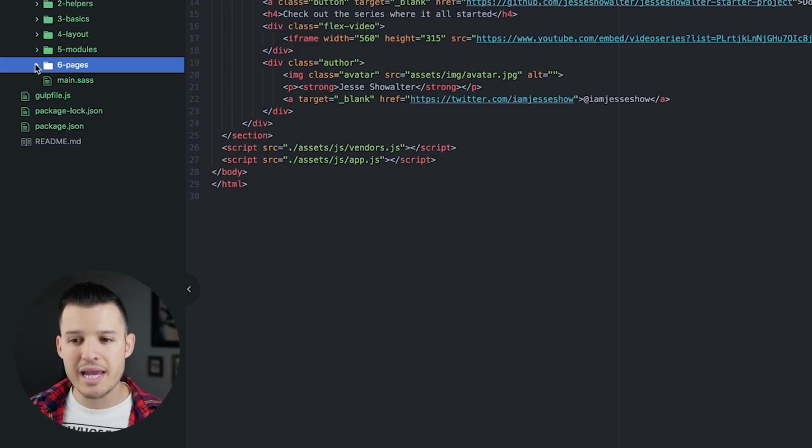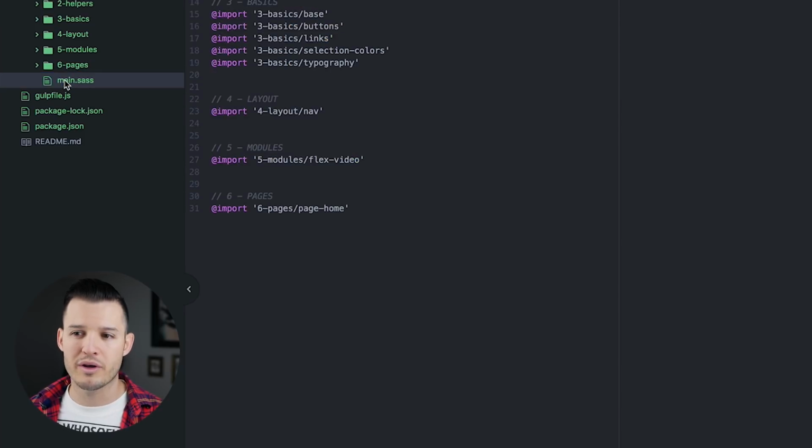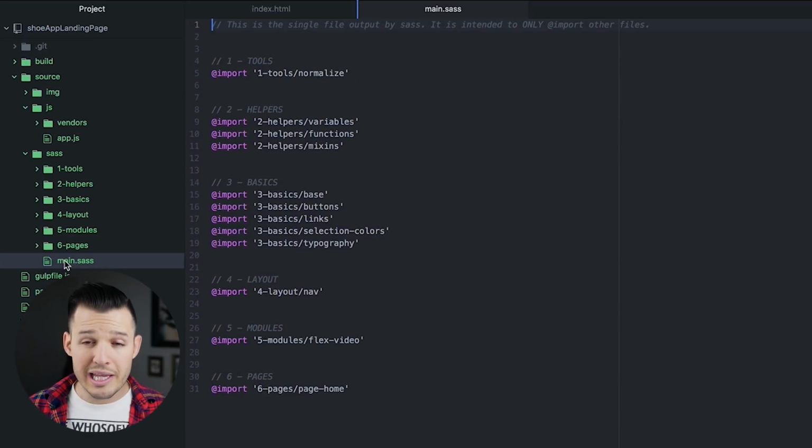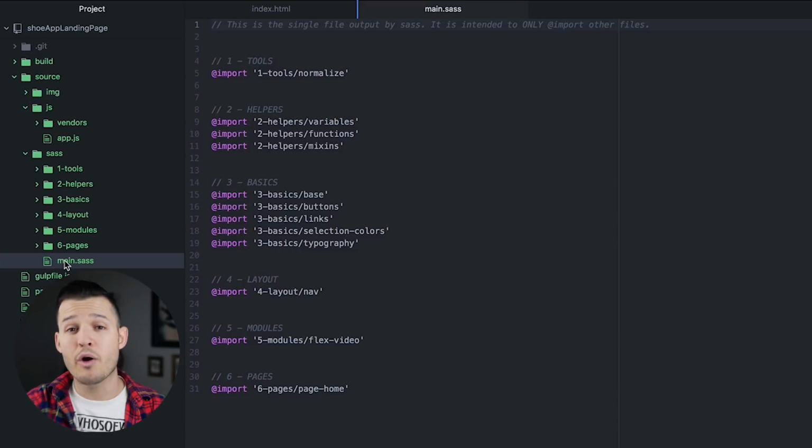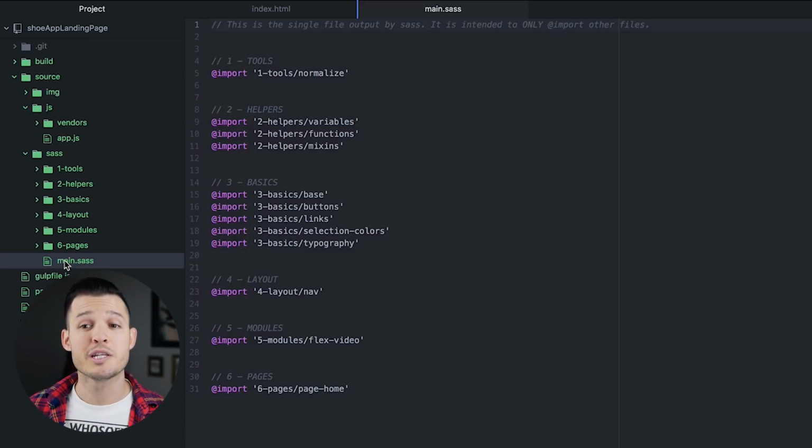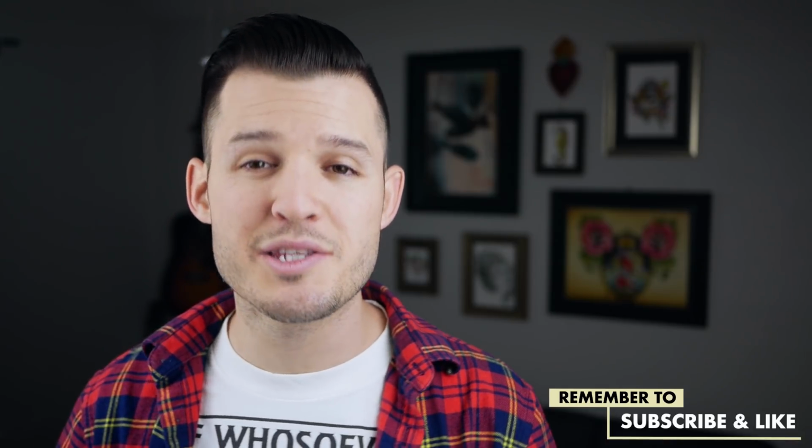And then I have my main.sass file. If you open up that one, it's literally importing or pulling in all of those other 6 folders, and then it's shooting it out. We're going to build it out to the build folder to become that main.minified.css file. So now we're going to talk about dependencies, things that we need to get installed on our machine